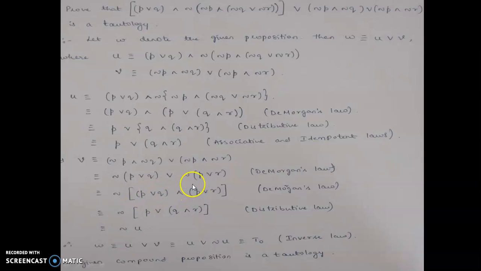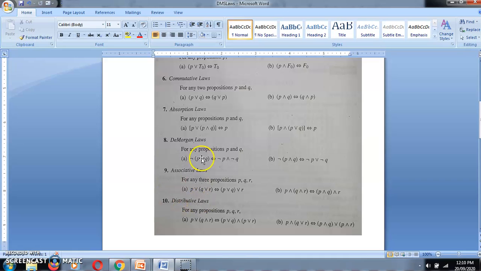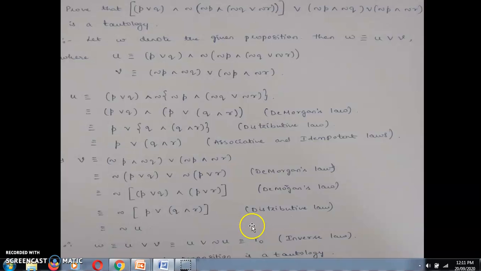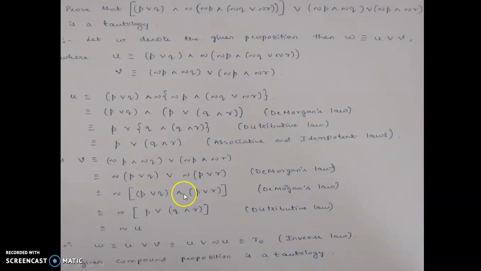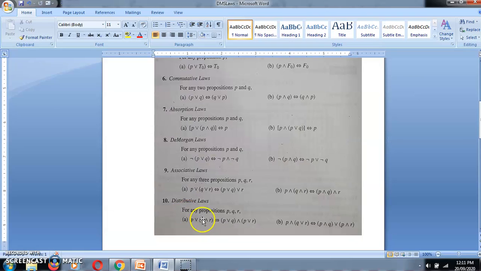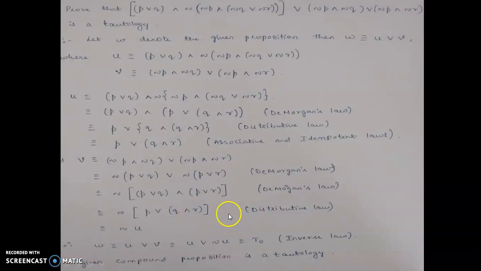How can we come to know that this is a distribution law? If you see this proposition, if there are three propositions P, Q and R, then we have to think about which law is applied. Even in the distribution law, there are P, Q, R, and it is of the form in this manner. That's why we can apply the distribution law. So P common, P or Q and P or R. In this manner we can apply the distribution law, and that is nothing but our inverse of U.